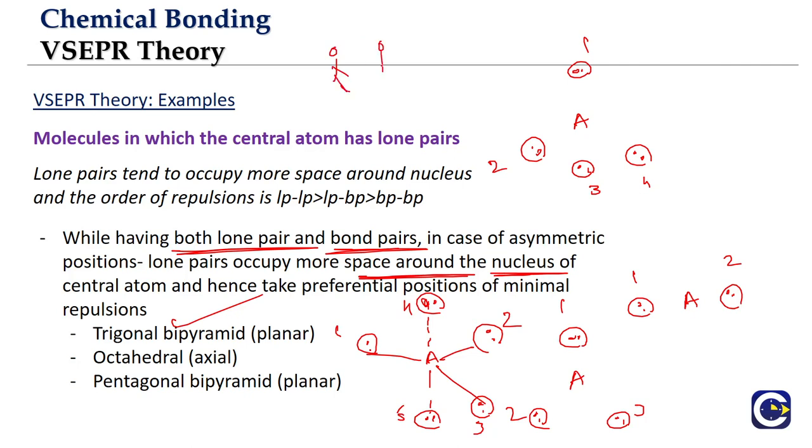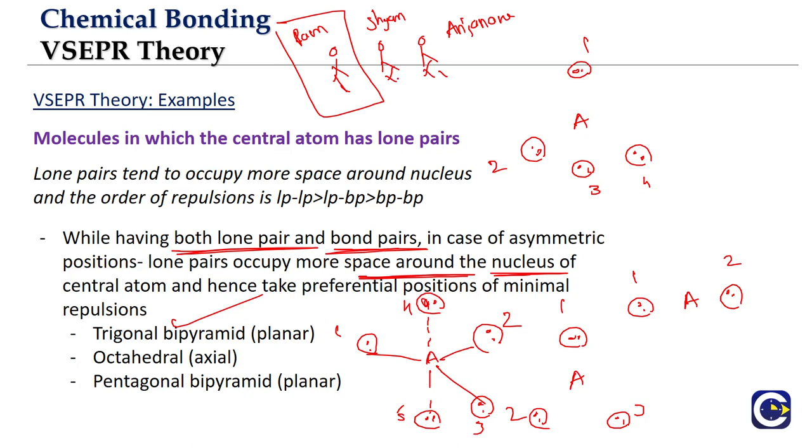Since the lone pair of electrons create more repulsions, the way we'll commonly look at this is: if in a classroom there are 3 students, imagine, and they are making noise. In fact, this is the example that we discussed while introducing the concept of the valence shell electron pair repulsion theory. If all 3 are making noise, but Ram is making more noise, then we will try to accommodate Ram in a position which is more secluded, that will have minimal interactions, isn't it? Generally we will try to keep all the 3 people far away so they have minimal interaction, so that the class will be more peaceful. But if one of them is more noisy, we'll try to keep him in a more secluded place, isn't it?